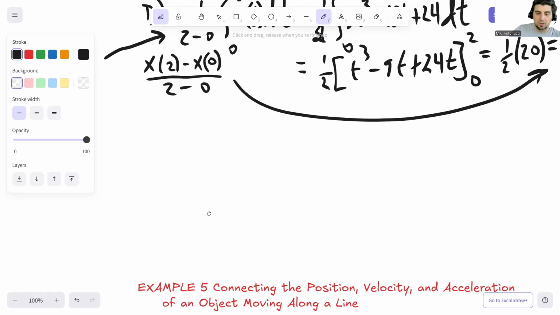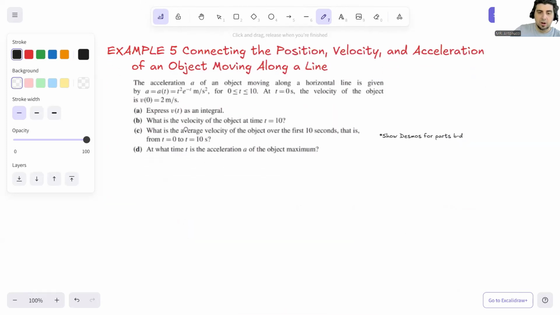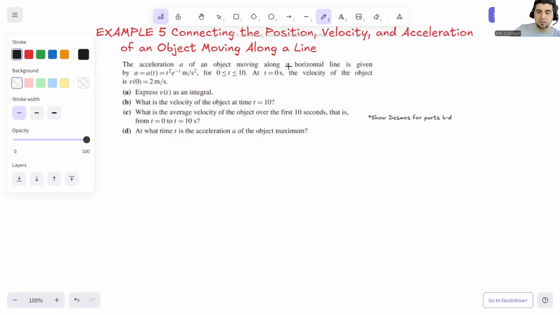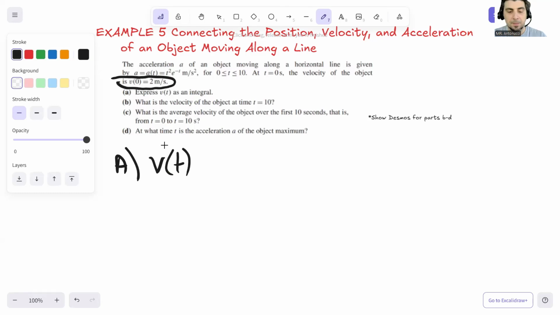Okay, so let's look at another one, our last example here. We have the acceleration of an object on a horizontal line is given by a of t. We want to express the velocity as an integral. So for part A here, we know that the initial velocity is 2 meters per second. So v of t is going to be the initial velocity plus the integral from the initial time, which is